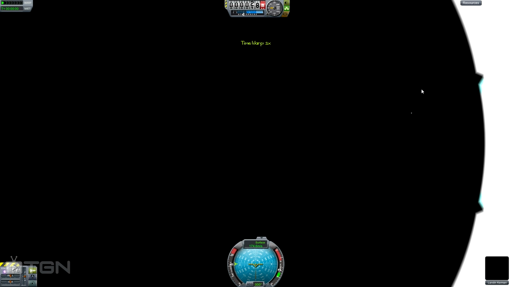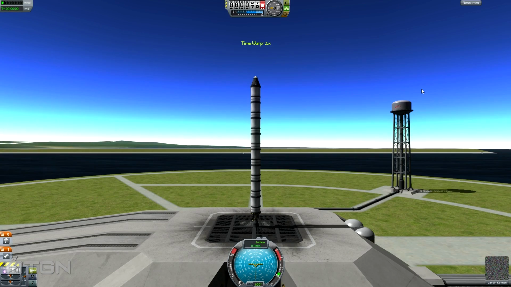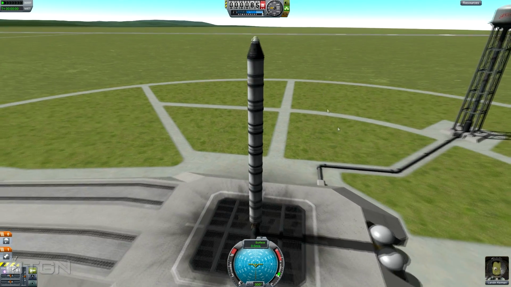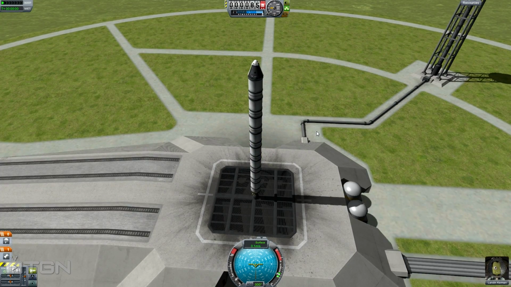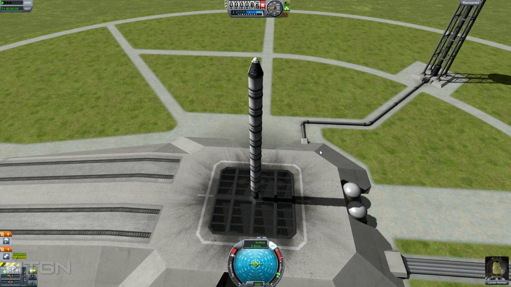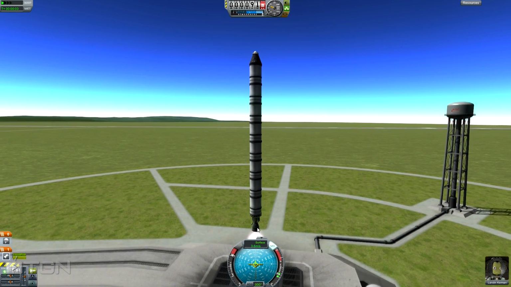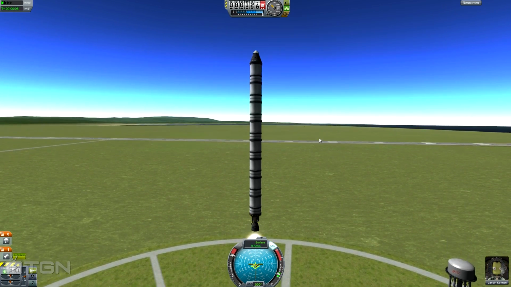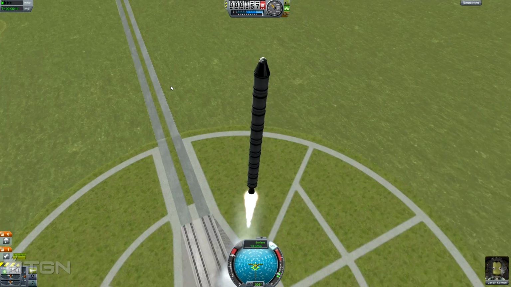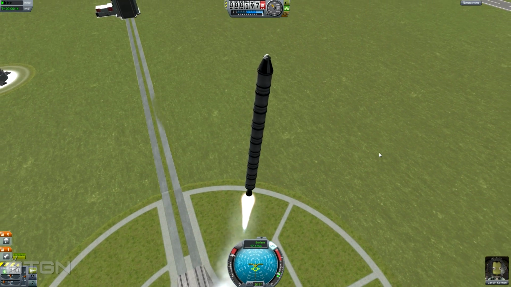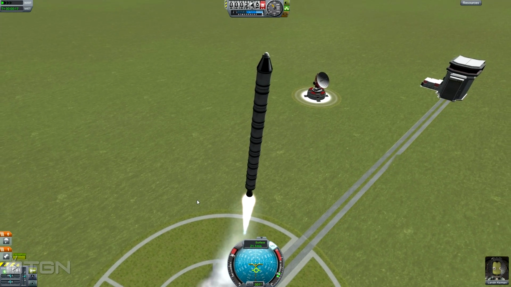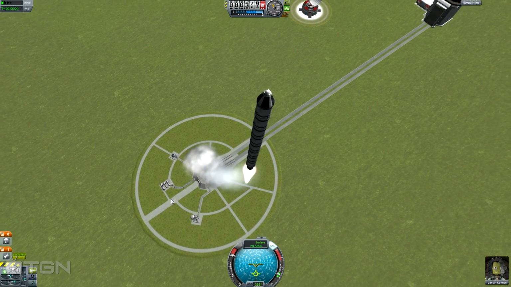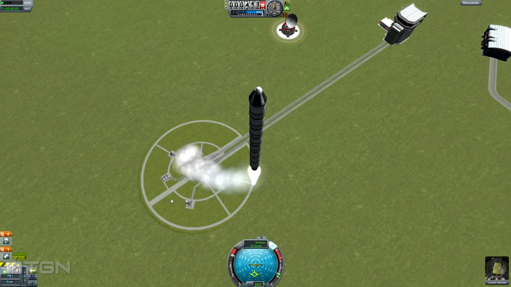Let's try that again. Now remember, the thrust to weight ratio is per stage. So every stage you're going to have to calculate what you dropped off, and we'll get more into that in a second, but you have to calculate what you dropped off and what you didn't, and anything above this is going to be dry weight. So if we have an engine right above the hatch, or even in the middle here, that's not going to be counted towards our thrust because it's not going to be thrusting, and everything above this engine is basically dead weight. Until, of course, you decouple something, and then that lowers the weight and gives the next engine some extra room. That's why you decouple stuff, is because you don't want to carry on weight that you don't need,